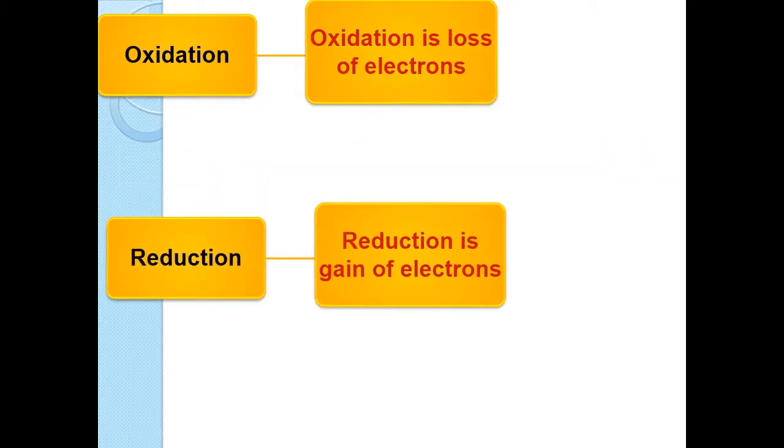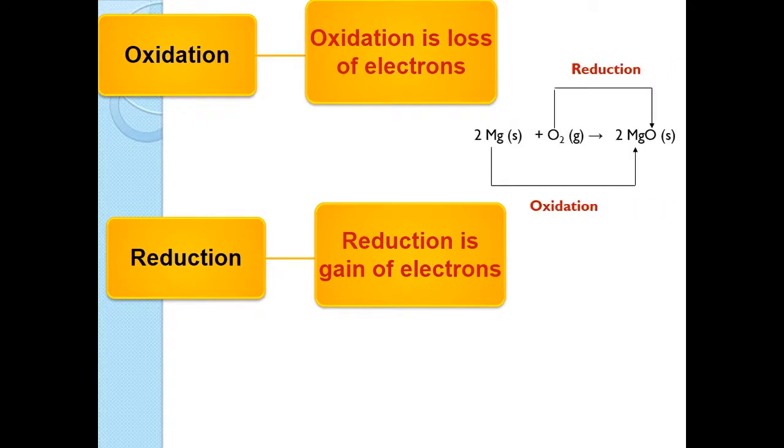Now one more definition of oxidation and reduction. Oxidation is loss of electron and reduction is gain of electrons. One more example. And we know in this magnesium oxide, magnesium is present as cation and oxygen is present as anion. When magnesium ions are formed from magnesium, electrons are lost, and when oxide ion is formed from oxygen, electrons are gained. That is why magnesium to magnesium ion conversion is oxidation, and oxygen to oxide ion conversion, it is reduction.